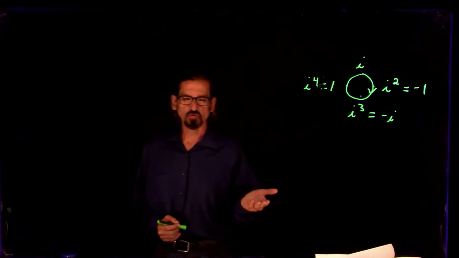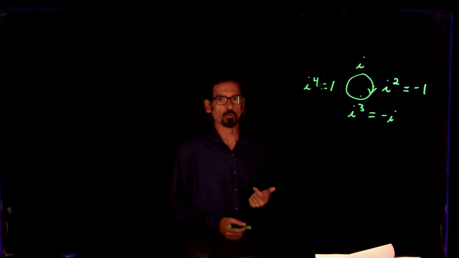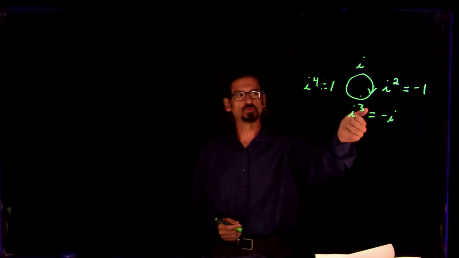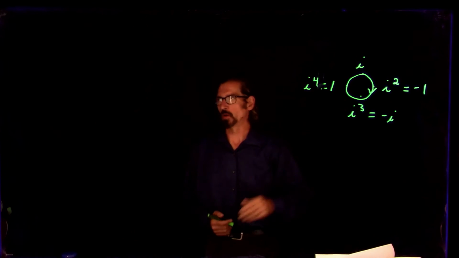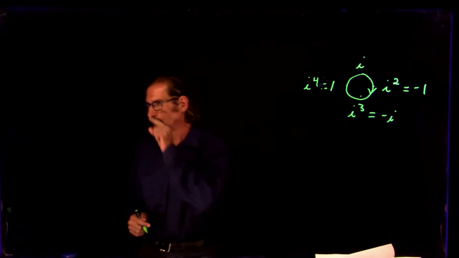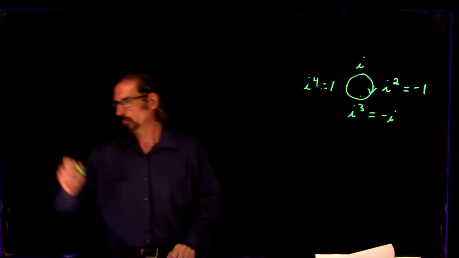So every integer power of i can be written as either i, -1, -i, or 1. We can use that to simplify, for example,